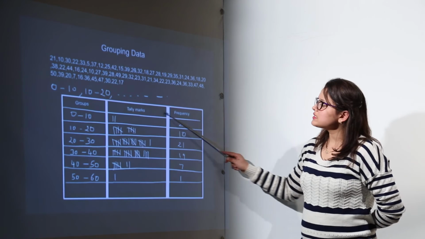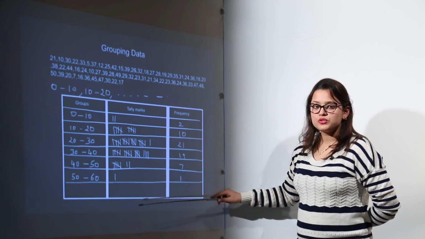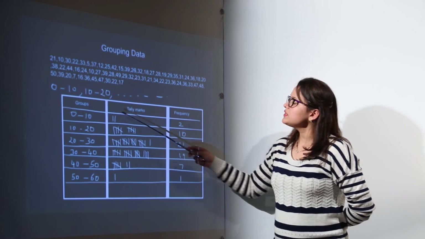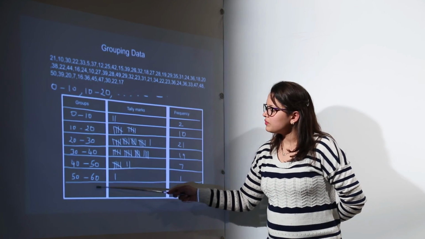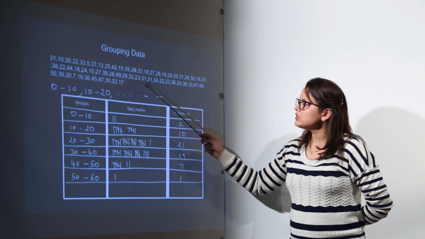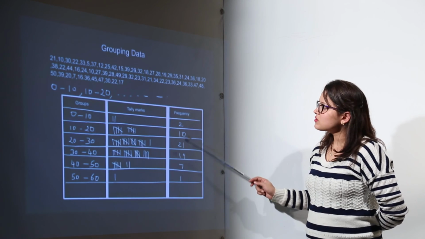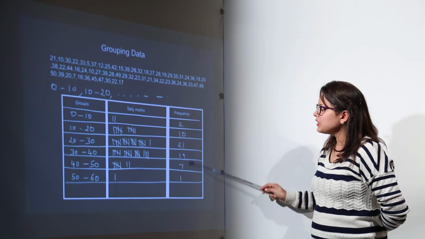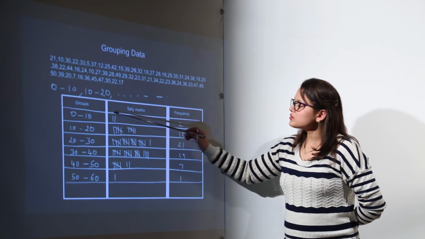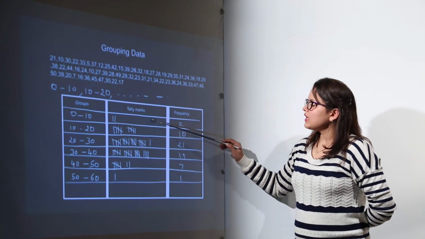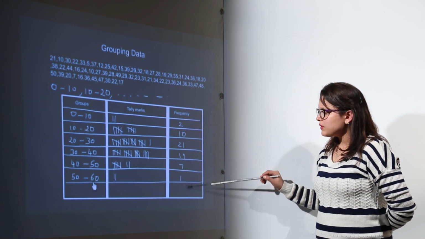Now this is known as the frequency distribution, but because we are using the group section over here, we are using grouped data, that is why this is called the group frequency distribution table, where the first column represents the groups, and we have the tally marks and the frequencies also.